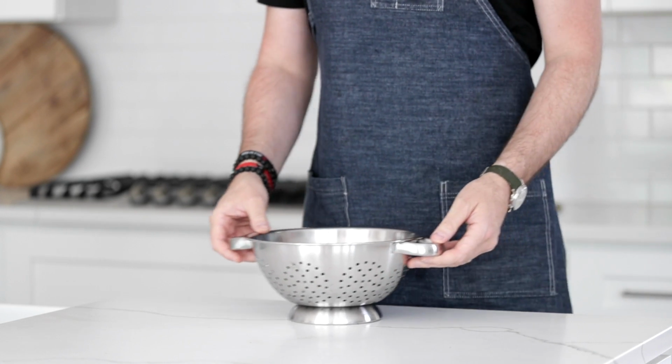Seriously though, super easy, delicious dessert. Comes together in no time. Homemade pie crust, fresh blueberries, all the goods. Here we go to prep this thing up. Sound good? Let's bake. I've got some fresh blueberries that are in a colander because we're going to need to